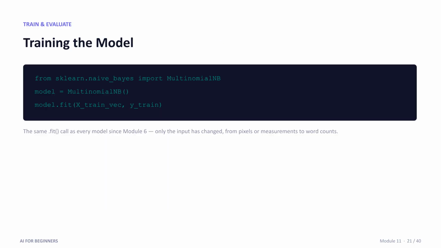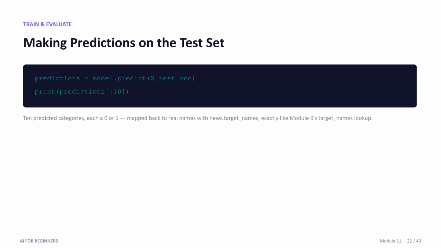Training is straightforward. We call the familiar .fit method on our vectorized training data and the corresponding labels. It is the same process we have used since the earlier modules of this course. Once trained, we make predictions on the unseen test set using .predict. The output provides category labels which we can map back to readable names, just as we did with the iris